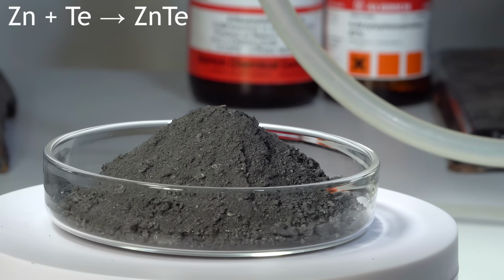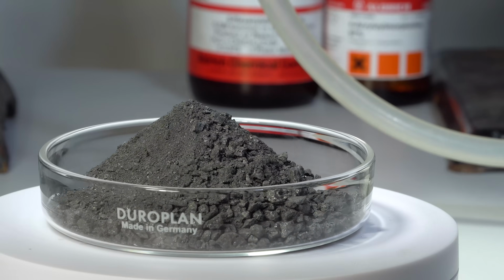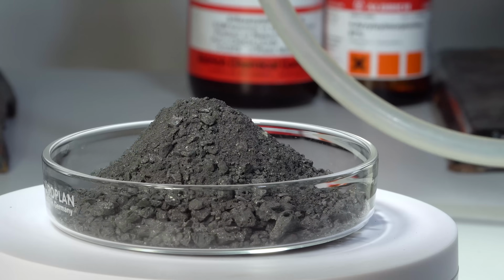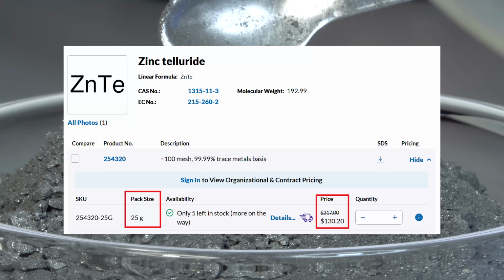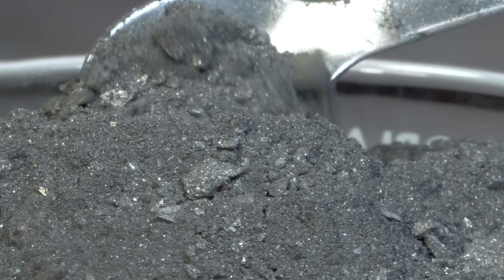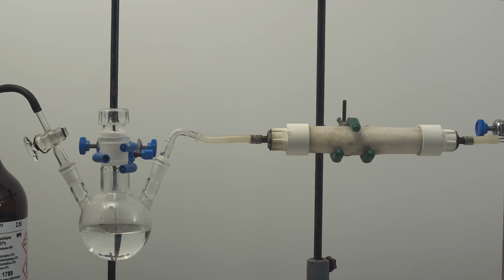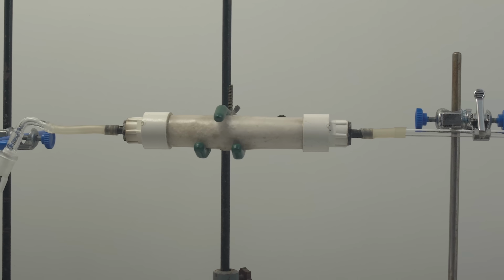This crystalline powder is zinc telluride, which, due to the prolonged storage, has taken on a grey color despite its expected reddish tint. This chemical is quite expensive, and the yield of hydrogen telluride using zinc telluride is quite low. For this video, I had to spend over 200 grams of zinc telluride to show you just a couple of